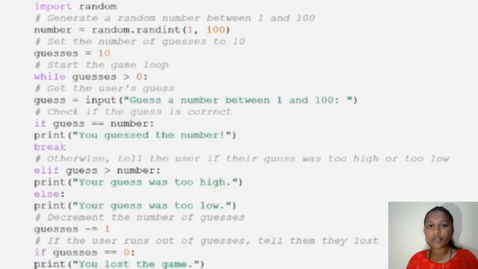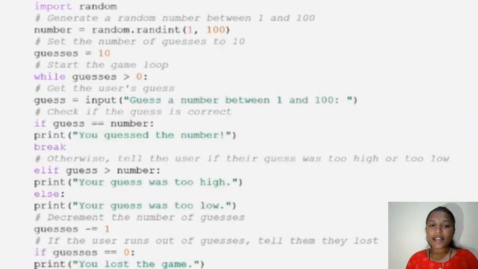To generate the random number, we type number is equal to random.randint(1, 100). To set the number of guesses to 10, guesses is equal to 10. You have only 10 chances to guess the number.